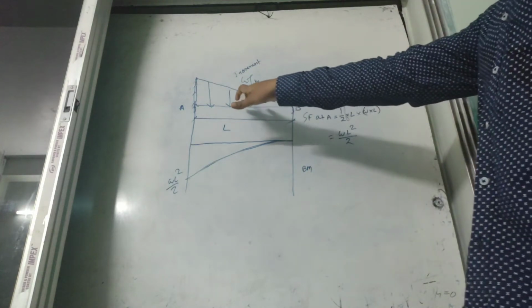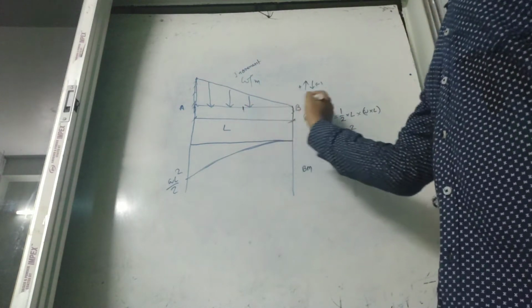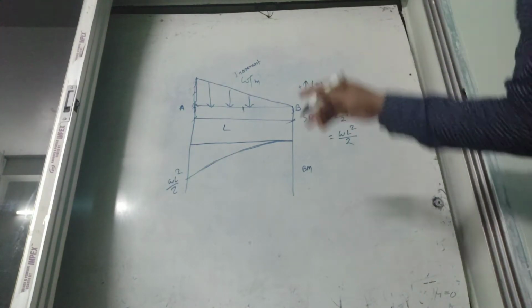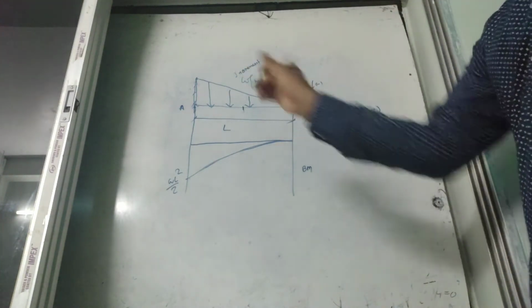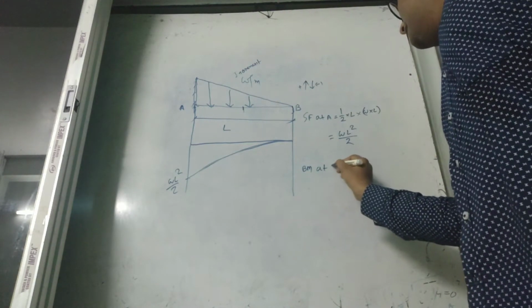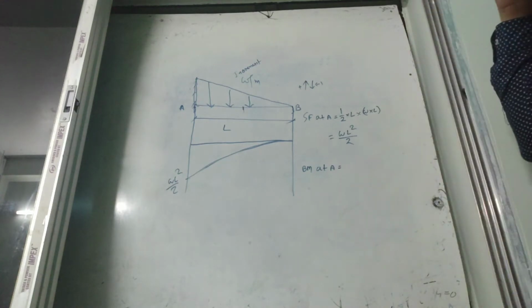If we go for some specific point, then we will get the length. When we go for the mathematical solution, at that time I will clear how we calculate the specific bending moment or the shear force at specific points. BM at A is equal to, how do you calculate?